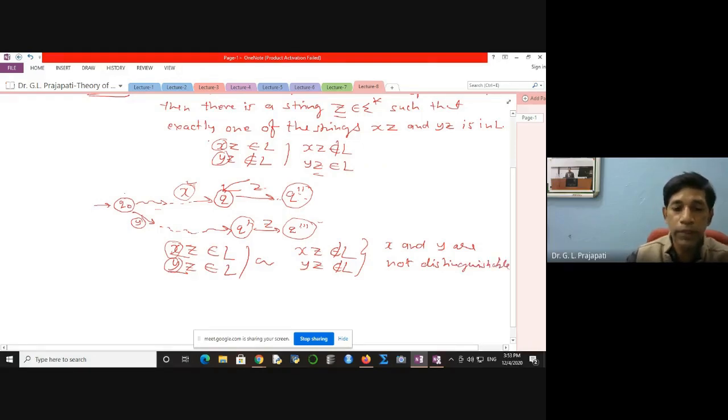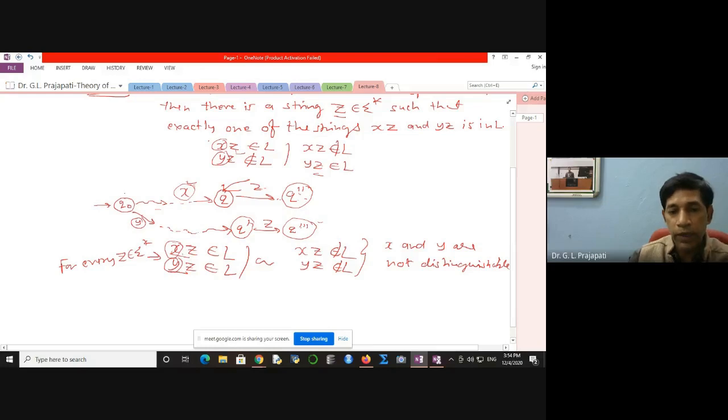But remember, in this case, for distinguishing, one string is sufficient. If you can identify one such string z from the sigma star, for which one is in the language and the other is not in the language, then you can conclude that x and y are distinguishable. But for the case of indistinguishability, you have to test for all possible z taken from the sigma star. Means for every string z that belongs to the sigma star,